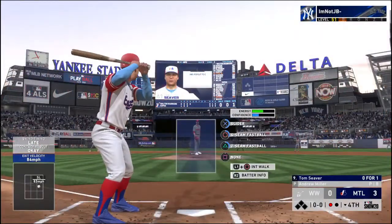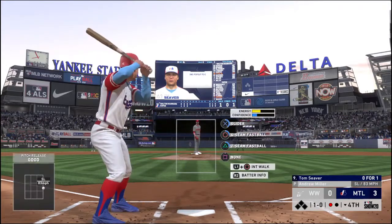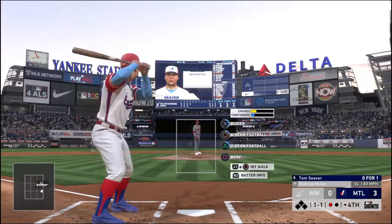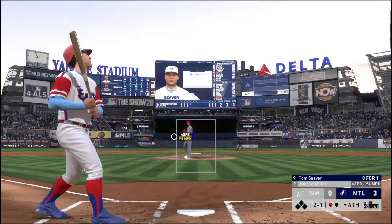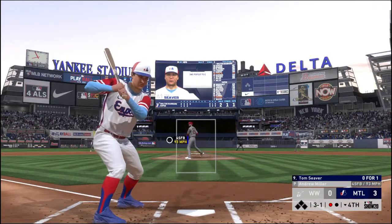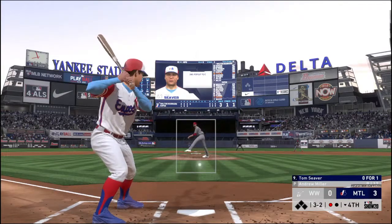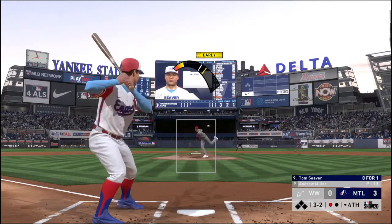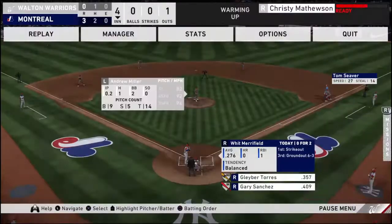Now at the plate, Tom Seaver, 0 for 1 after a pop out in foul territory his first time through. And a ball, 1-0. And a strike to even the count. 1-1. No offer on that one. 2 balls and a strike. You certainly know he's not trying to work around the pitcher. But sometimes the hardest thing to do is to throw a strike to a guy that you know won't swing the bat. There's the fastball that gets the lower part of the zone, called for a strike. And he lays off here. It's ball 4, and that is really cause for